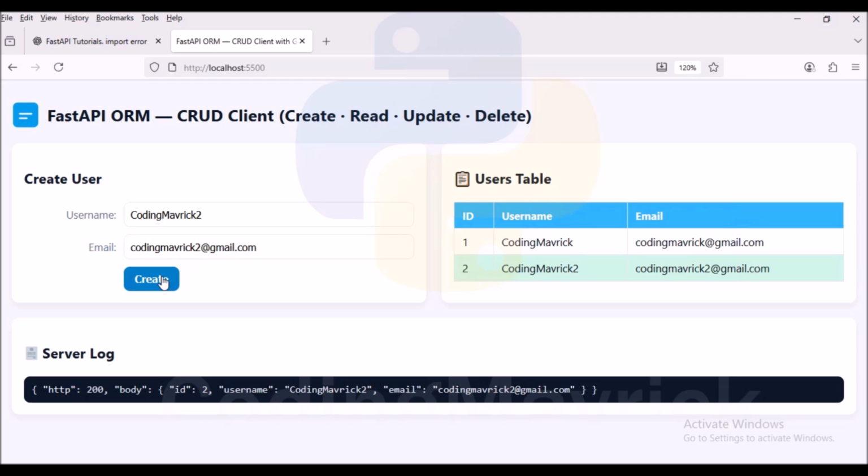So viewers, up till now we have created two API routes, one for the creation of a user and its data inside the database, and second was the listing of users, which is used to list the users on the right side panel. Now we will create two more routes, one for update user and one for delete user, and then we will subsequently test it through our front end app.